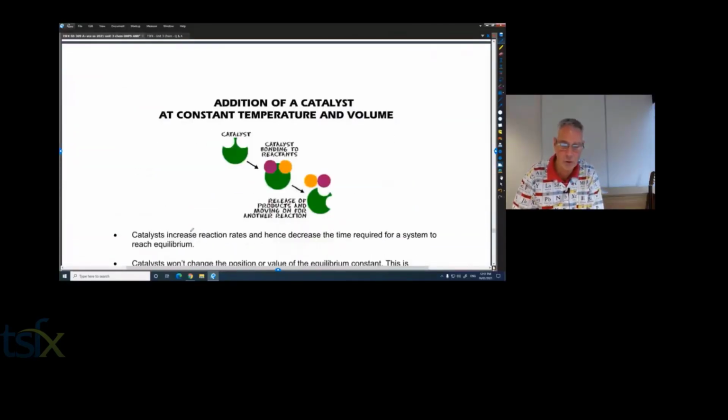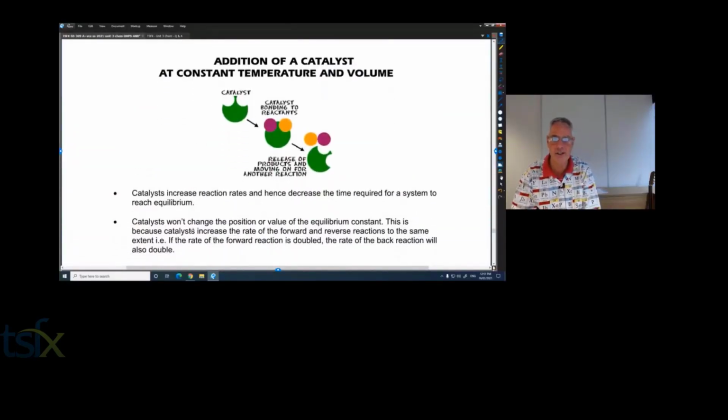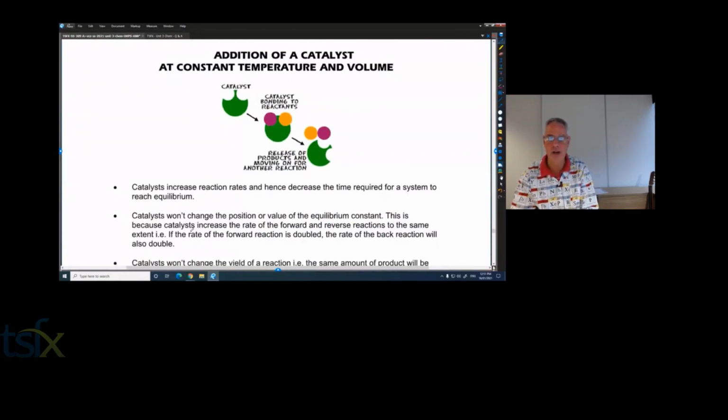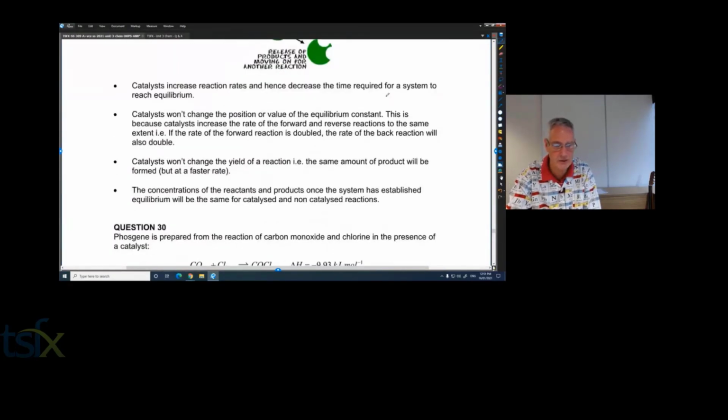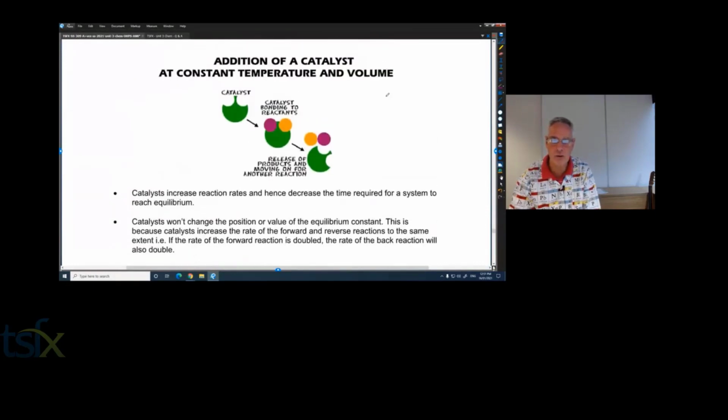Question 34, the action of a catalyst. This is important. We know it lowers the activation energy, but has no effect. We better read the notes. Has no effect on the yield. So the effect is always